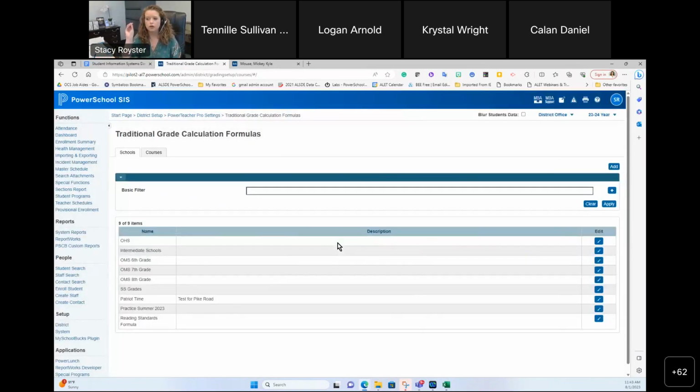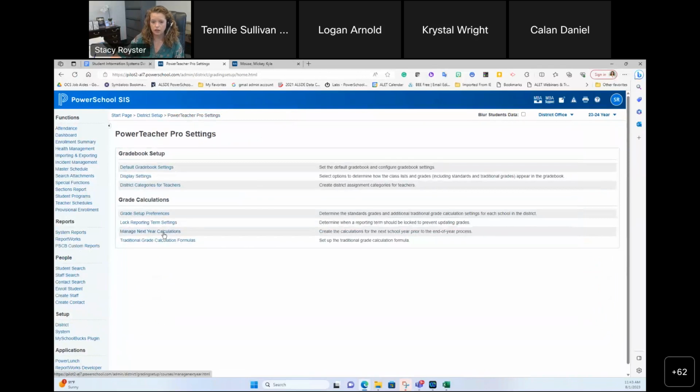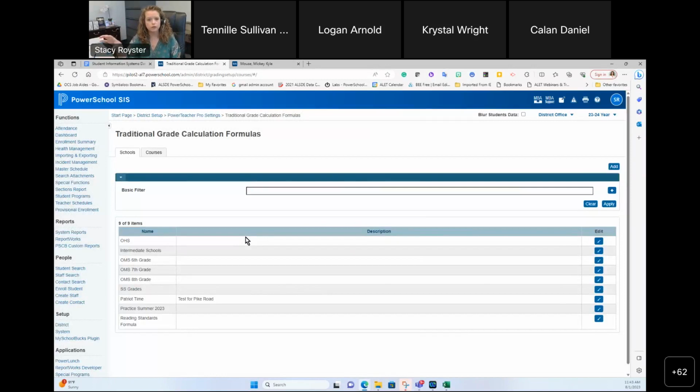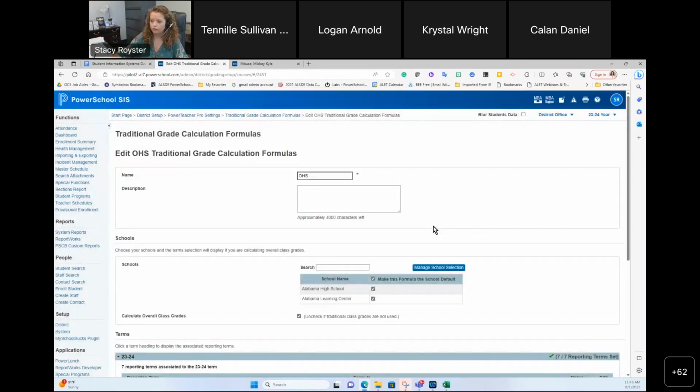Now, if you don't have any formulas in here, it will actually prompt you. If you didn't push them over at end of year, which you can, it's back on, if I go back to this setting right here, you see how it says manage next year calculations. You can actually do this ahead of time, or you can just pull them after the fact. I'm a pull them after the fact person. You'll be prompted with an alert that says, hey, your formulas haven't been promoted from last year. Do you want to push them over? To which you're going to say yes. And once you do, then any formulas you had last year will be here for you to use this year